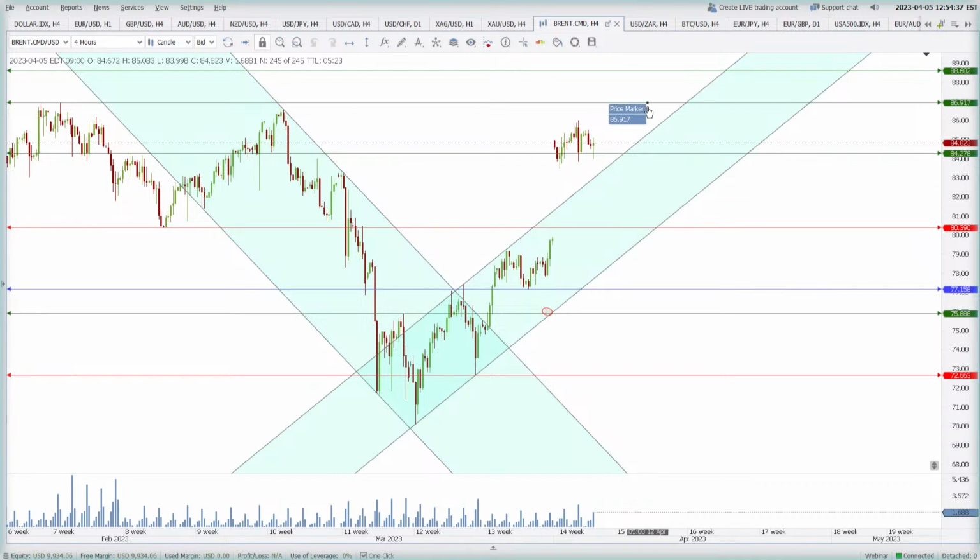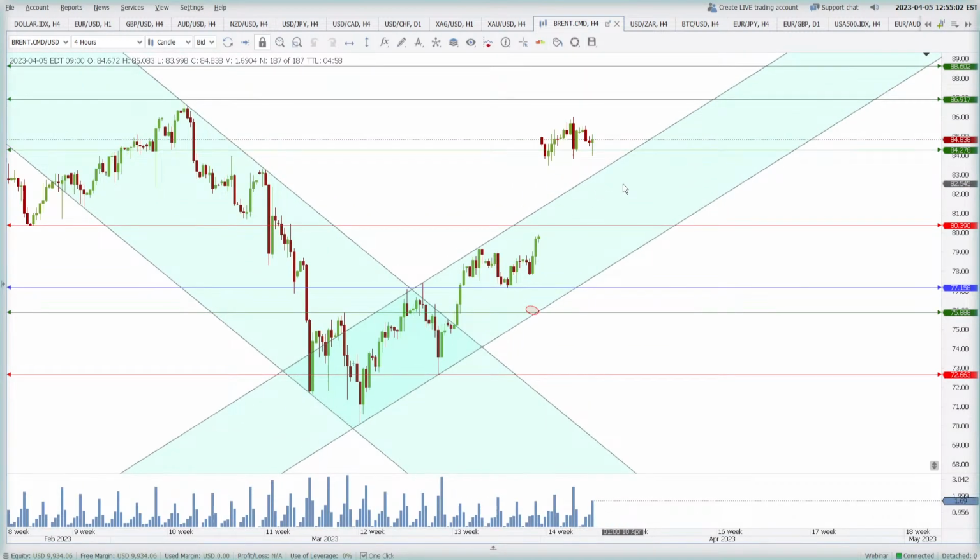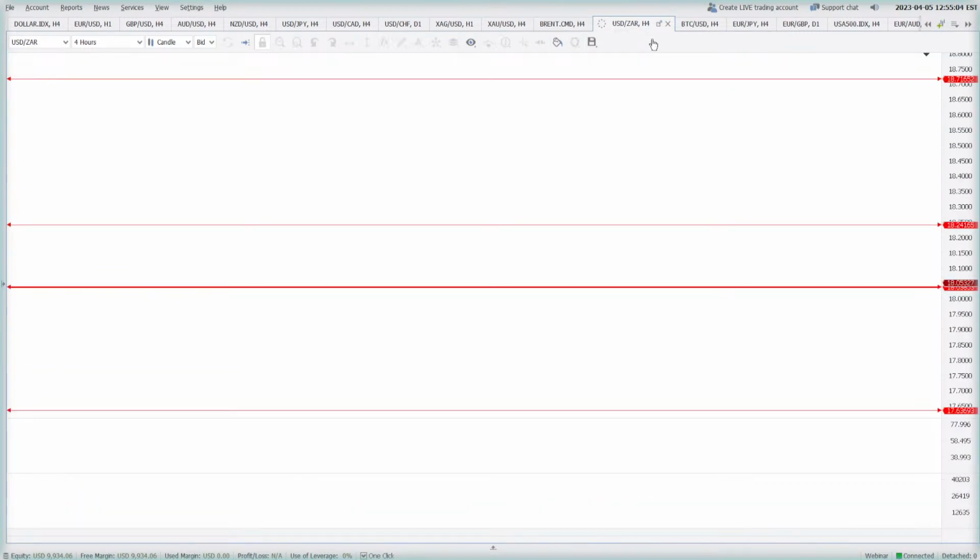So 86.91 is the next level that I'm looking for as a resistance, and now 84.27 is an established support. It has held 2 times already in a row, so expect this to act as a support. And on the high side, 86.91 is the resistance. Higher than that we will be targeting 88.60, and lower than 84.27 I will be looking for 80.39 to be tested in this market. Yeah, bias is bullish, guys. Bias is bullish.